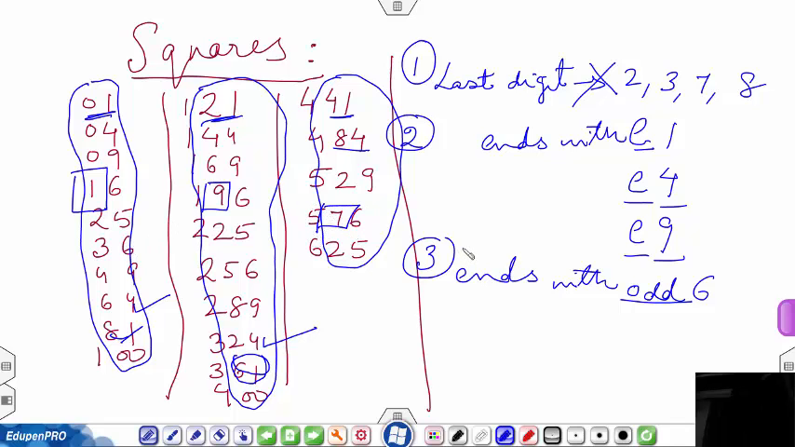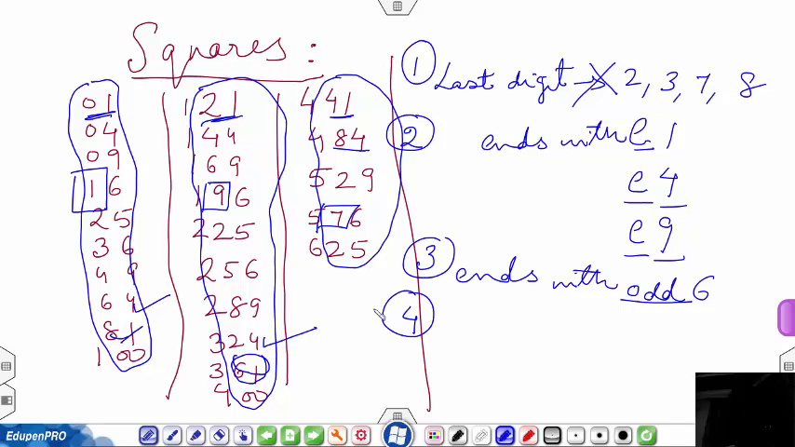It will always happen. Wherever you have a square based question, if an option is ending with 2, 3, 7 or 8, you can directly eliminate that option. And if an option is ending with 6 and the second last digit is even, you can again eliminate that as well. Going further,